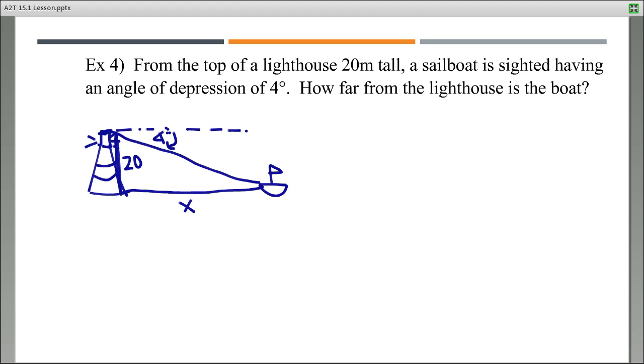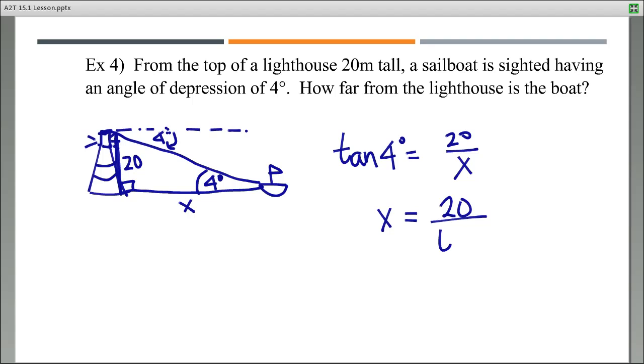They gave you the angle of depression. Notice that it is outside of my right triangle, so that's not helping me. What I need is the angle inside, and I'm going to use alternate interior angles are congruent, so that tells me that this angle inside here is 4 degrees. 20 is the opposite side, X is the adjacent side, so I'm again using tangent. So tangent of 4 degrees is equal to opposite over adjacent. You want to solve for X, multiplying both sides by X and dividing both sides by tangent of 4 degrees